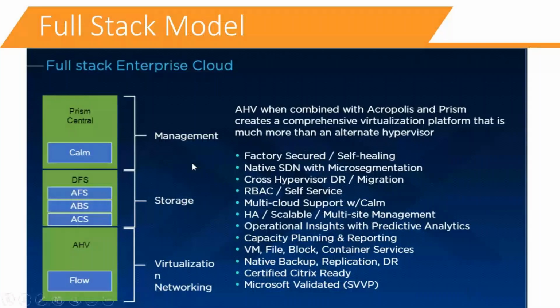Full stack model: if you go to any data center, you have servers from one vendor, then you have a network from one vendor. You have storage from a different vendor in a traditional three-tier model. Storage from HP, Dell EMC, Hitachi or NetApp, switches from Cisco or Brocade, then servers from Dell, HP, Lenovo. This is one part.